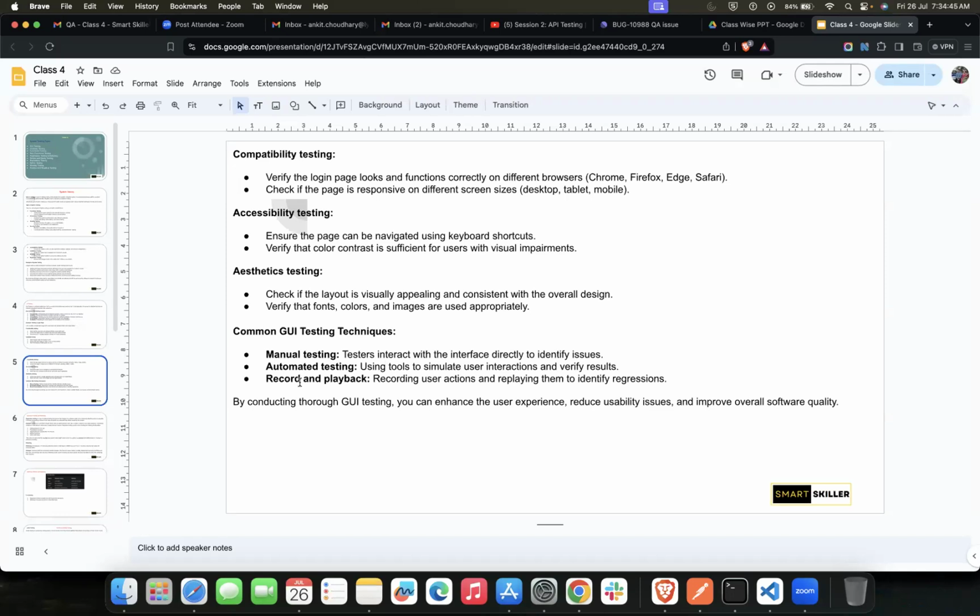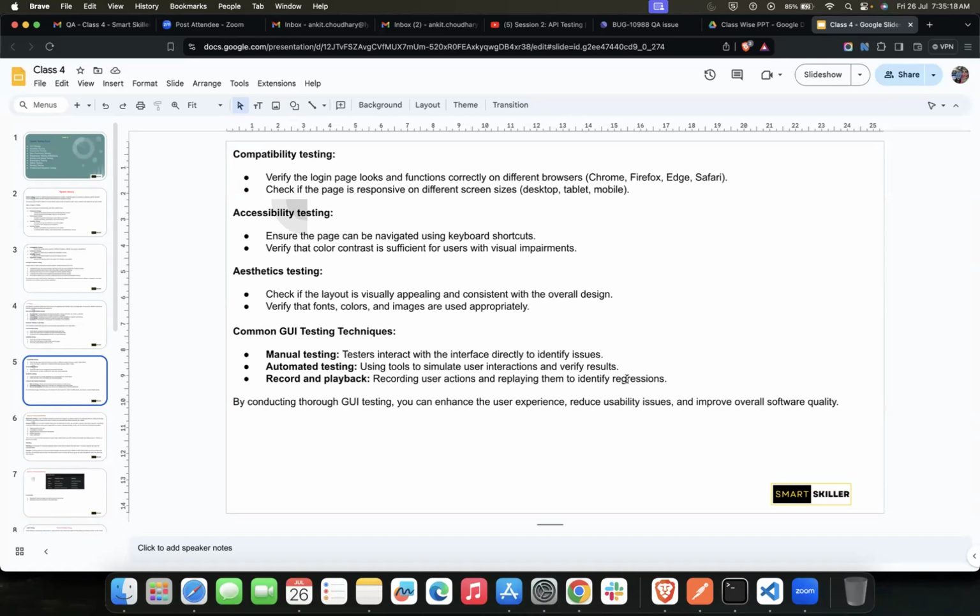Now, record and playback: recording users' actions and replaying them to identify regression. As we discussed earlier, regression means the functionality that has already been developed, and we go and test that same functionality to make sure it is not breaking due to any newly introduced changes.